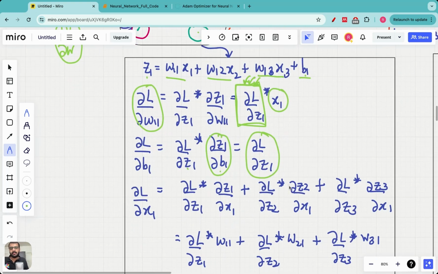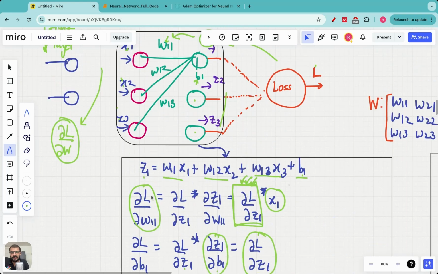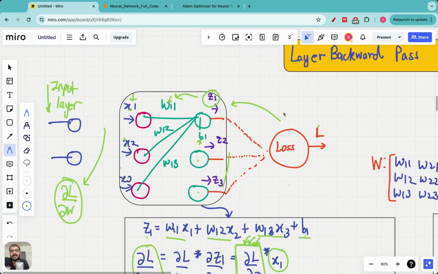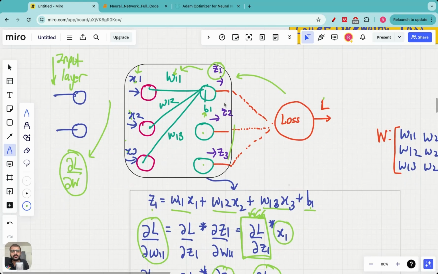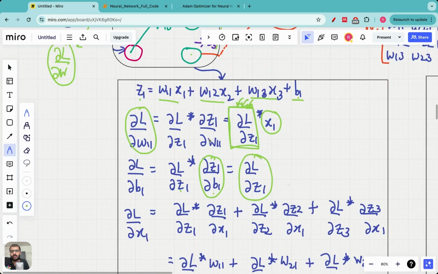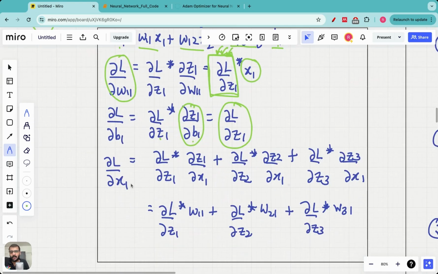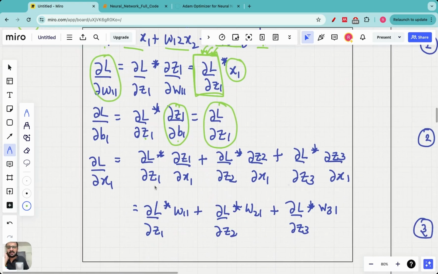Okay, so finding the partial derivative of loss with respect to x1 is a bit tricky, because loss is a function of z1, z2 and z3, and even z2 and z3 are influenced by x1. So the chain rule here works out like this: the partial derivative of loss with respect to x1 is the partial derivative